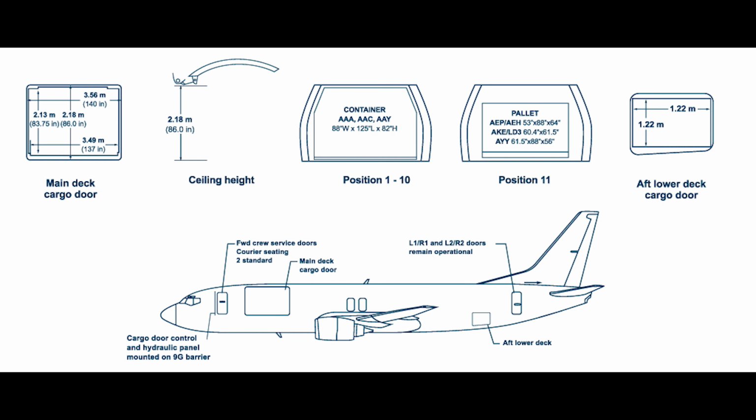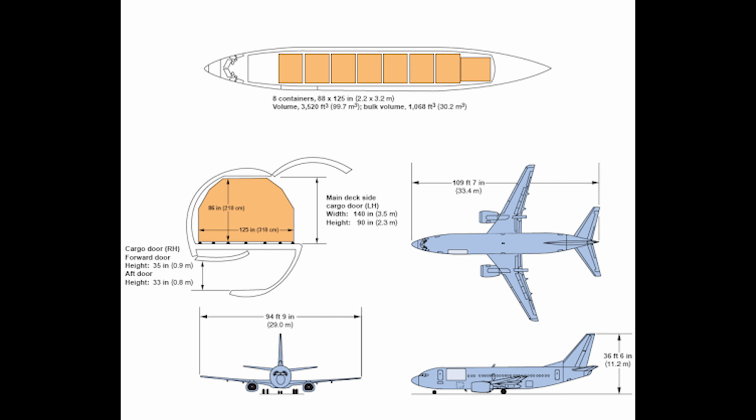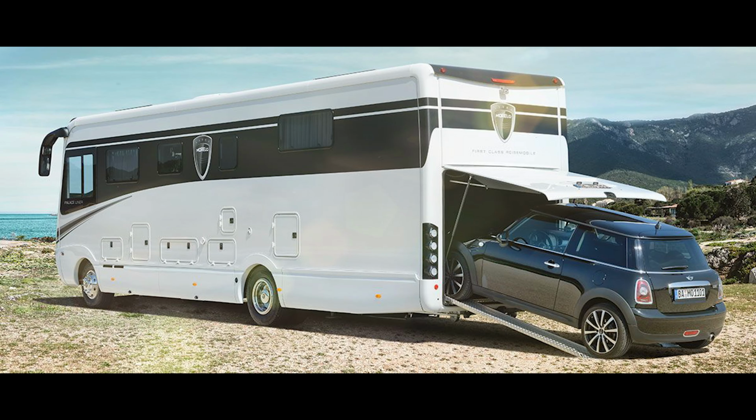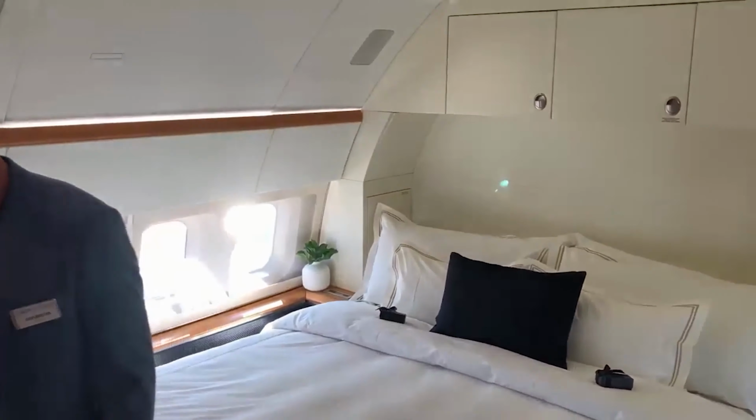With the fairly wide fuselage of a large jet like this, you might even be able to fit 2 of these inside if you really worked at it. Or if you really wanted to turn this into a toy hauler, you could probably fit this helicopter, and like I was saying earlier, a motorcycle, and even a smart car, if you want to have a bunch of different options where you arrive. Because to me, the coolest idea of this whole thing is with a large jet like